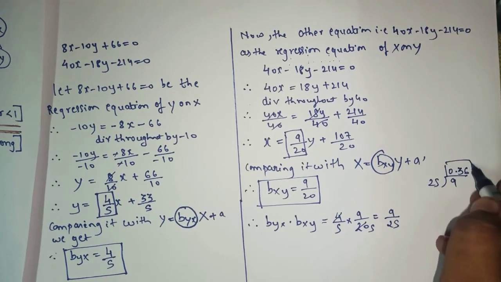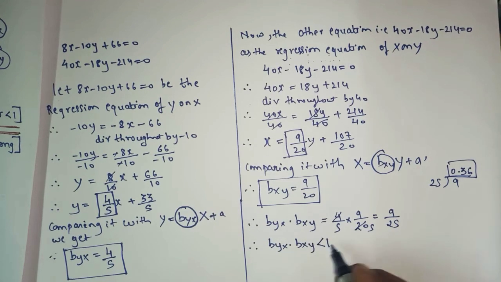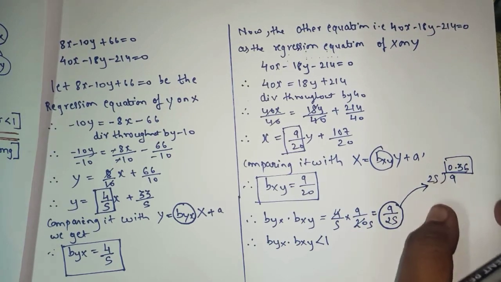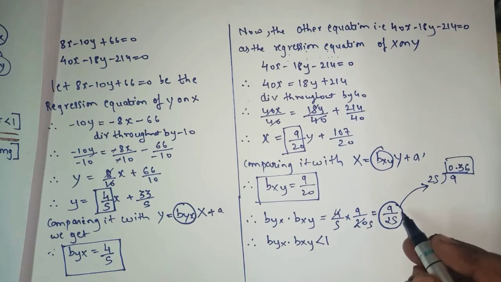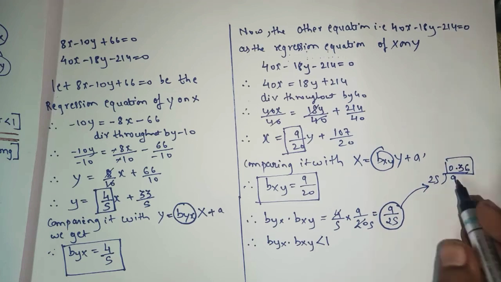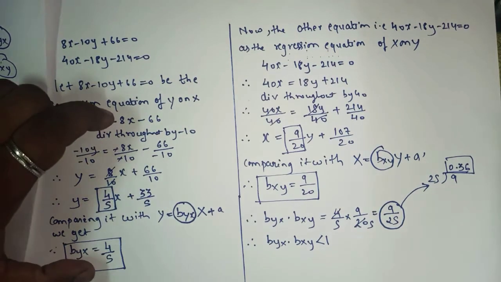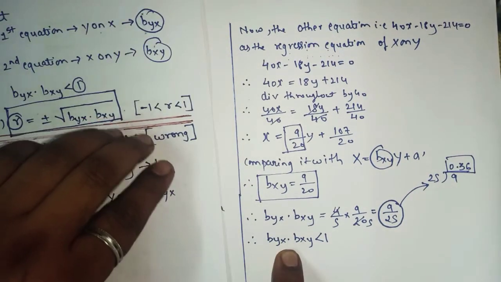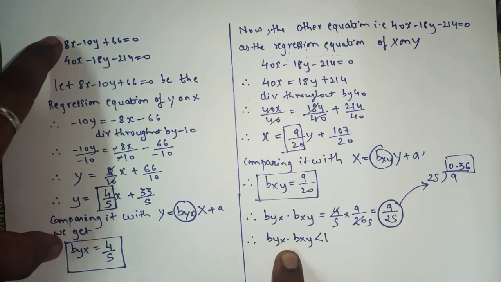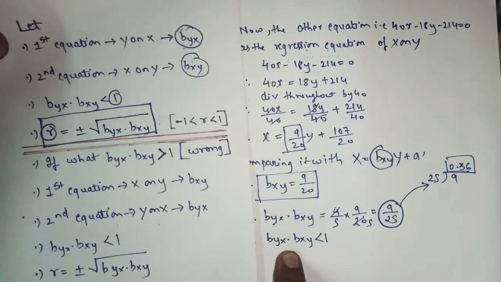So this 0.36 is byx into bxy, which is less than 1. When you divide and check this number in the rough work, clearly we can see that the numerator is smaller than the denominator. So that means the answer will be in 0 point, and 0 point means it is less than 1 only, yes or no? So yes, when this condition is satisfied, that means our assumption of taking the first equation as y on x and the second one as x on y is perfect, it is right. Okay, understood, remember this step.